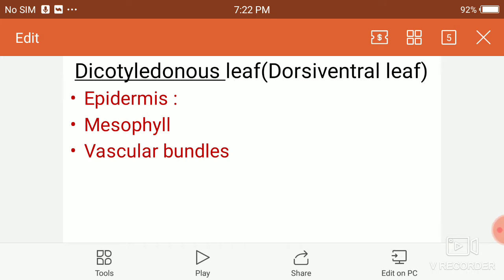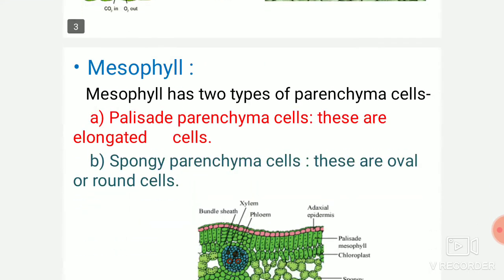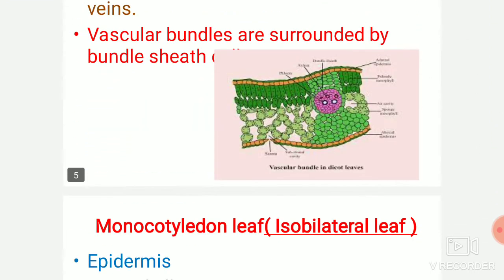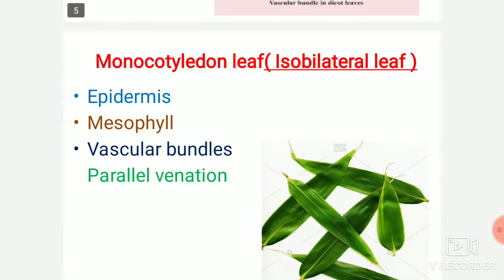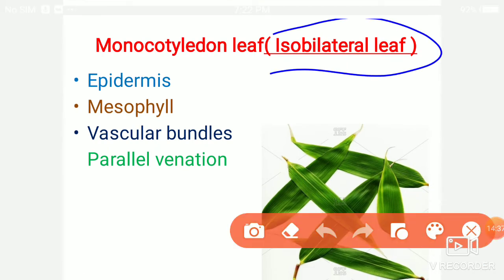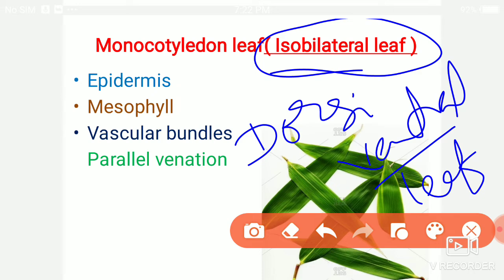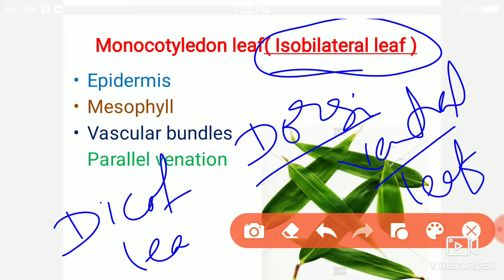If we consider the next leaf, that is the monocot leaf, it is called an isobilateral leaf. So why is it called an isobilateral leaf? In the case of the dicot leaf, it is called a dorsiventral leaf. It is called dorsiventral because the dicot leaf has two surfaces, that is an upper surface and